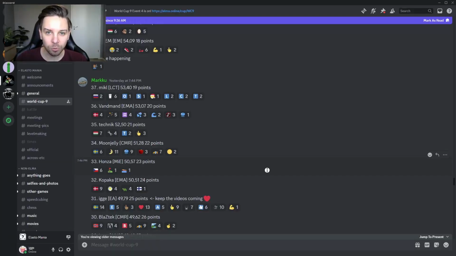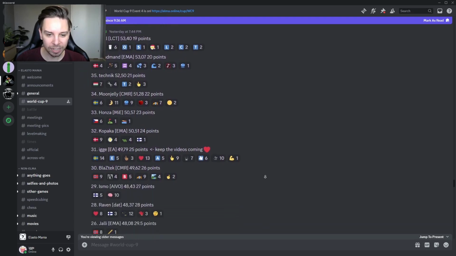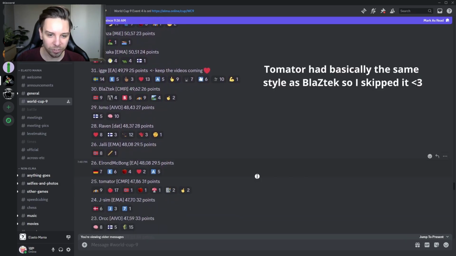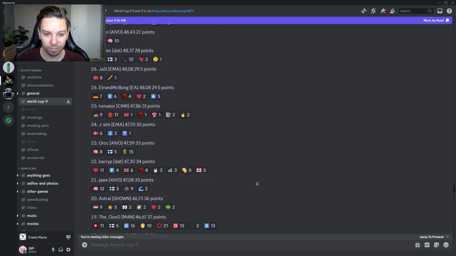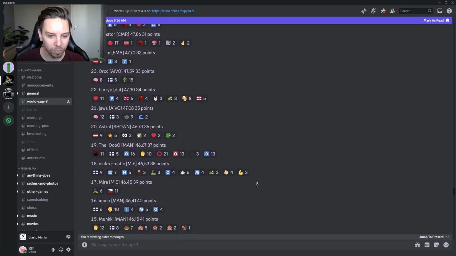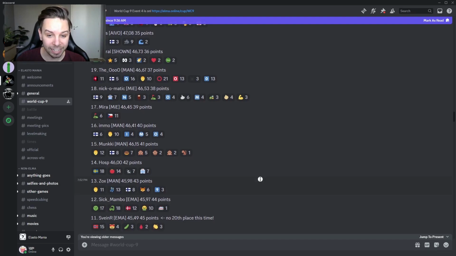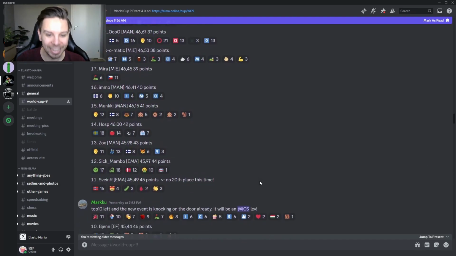But let's see, the next replay on our journey would be 10th place, unless there is something else highly upvoted, and I have some suggestions for replays as well, but I don't know in which place those ones come. We have Tomator, who got 2 upvotes here in 25th place. Let's see, Orc, Barry P, Jaws, Astral, who we saw finishing really highly before. The U, we have Nicomatic, Mira, Immo, Monkey, Hosp in 14th place, Sox coming in, Sick Mambo, Sveiner at 11th place, and let's see, in 10th place, we have Bian at a